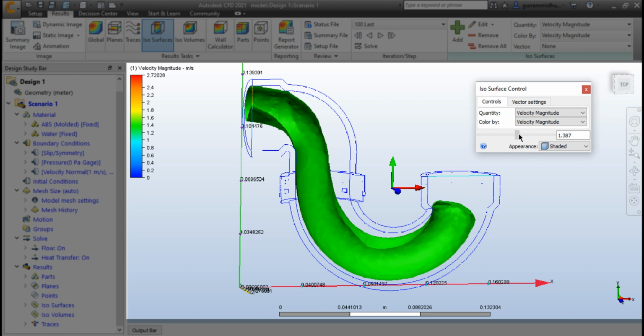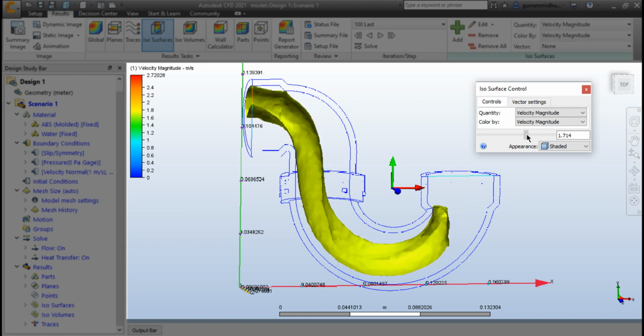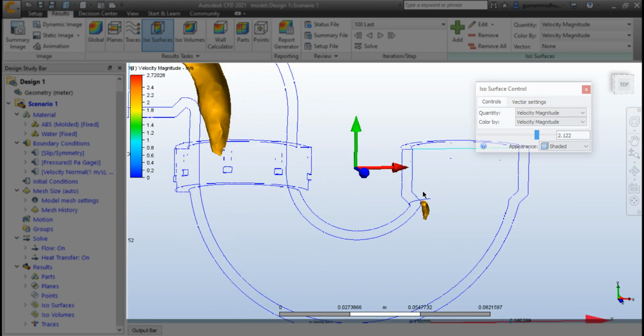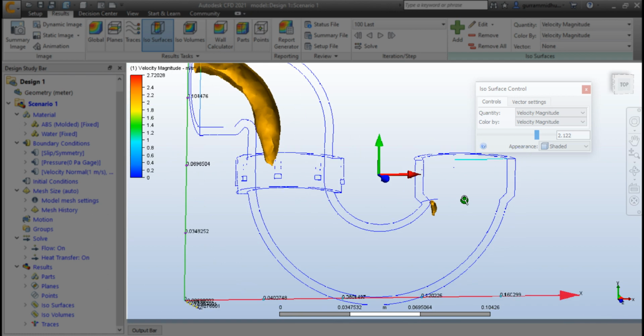If you change the bar towards higher velocity, it just highlights the particles that have higher velocity, that is more than 2 in this scenario. As I have told you, the velocity in this region is increasing because of this convergence.